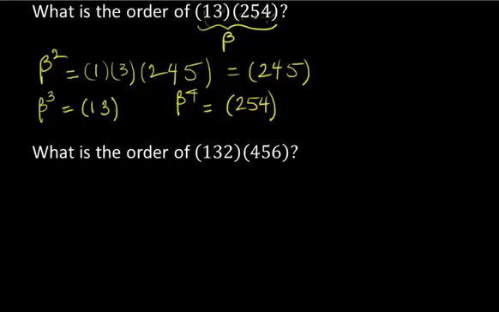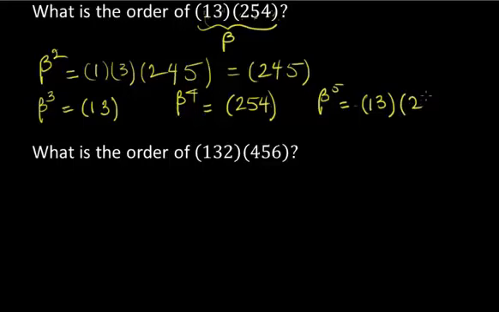But when we cubed it, it disappeared. So multiplying one more of these, we just get 2, 5, 4 back again. And now beta to the 5th is going to put our 2-cycle back in there. You might want to write this out, 254 times 254, but it's the same thing. Beta to the 5th will be